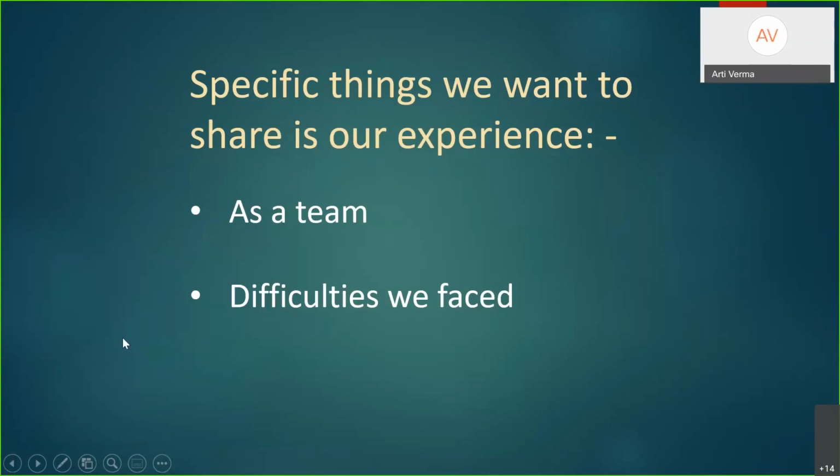We just want to be specific about a few things, like the experience we had as a team was really good. We 3 were total strangers when we started with the project. And fortunately, we all were able to devote time, and through WebEx we walked through everything together, from coding, Katalon, locators, developing the presentation, Jenkins, everything. We faced a few difficulties, definitely, because in many places the coding was not working.